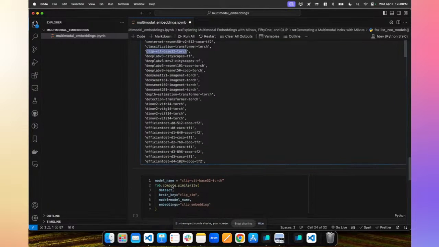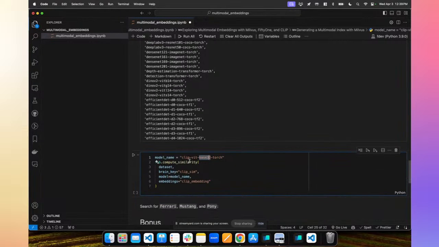And this is the CLIP with a vision transformer as the vision encoder. And this is the B32 version of it. So if you're familiar with CLIP architectures, there are other options here, and you can use those via the Open CLIP library, which I can show you guys if you want. But this is just the default one that we enable through this. So exact same syntax as we used just now, but in this case, it's going to know that we mean to compute the embeddings of these images with the image encoder from CLIP, and it's still going to allow us to use the text encoder from CLIP in the future.